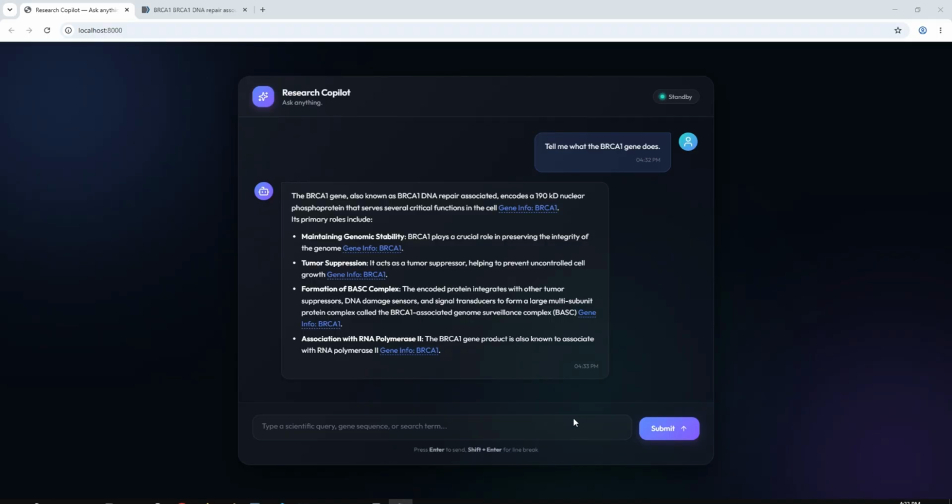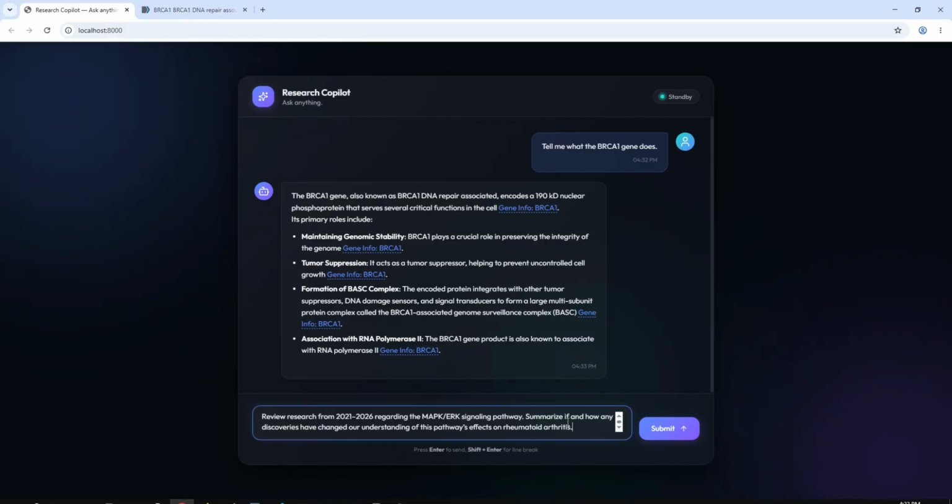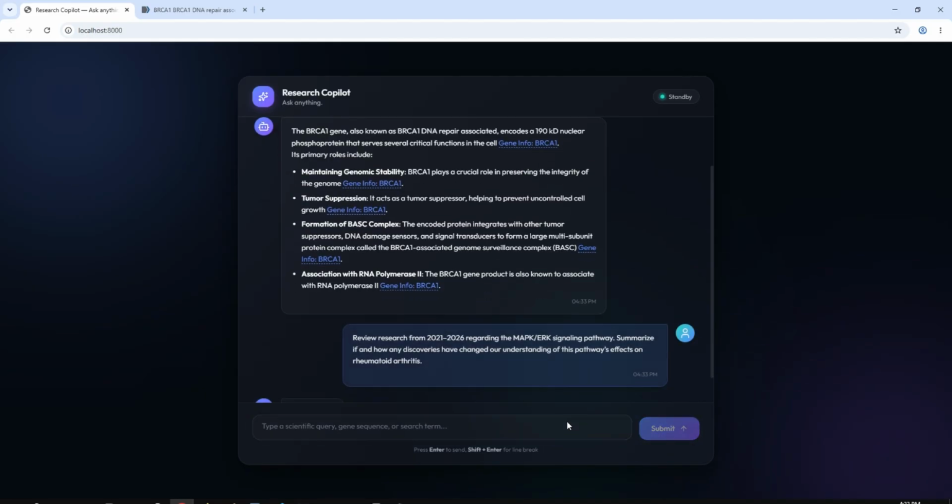Another of its capabilities is its real-time PubMed integration. I'll demonstrate this by giving it a biomedical research prompt to review recent research about the MAPK-ERK signaling pathway in regards to rheumatoid arthritis. Instead of relying on a static knowledge base, the agent searches PubMed Live whenever a literature-related